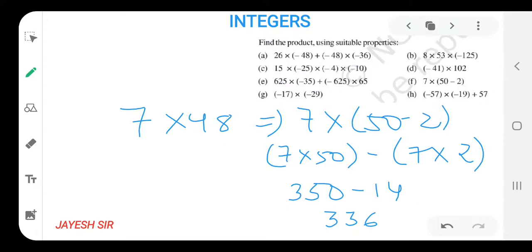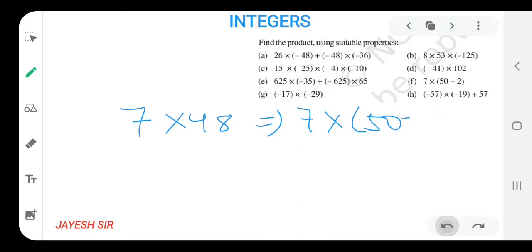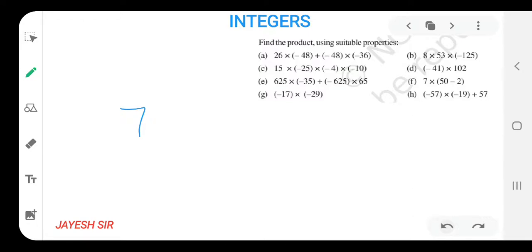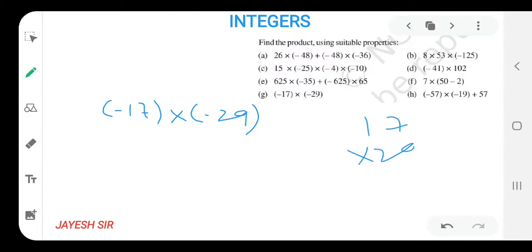So let's begin with our G sum, that means our next sum. Minus 17 into minus 29. Now that's a difficult type of sum. If you are getting the concept of how we should solve it, then pause the video and try to solve the remaining two sums on your own, by using your method, not the normal method of multiplying like this, 17 into 29. This method won't work. Yes, sorry for that. I hope you all might be getting it friends.